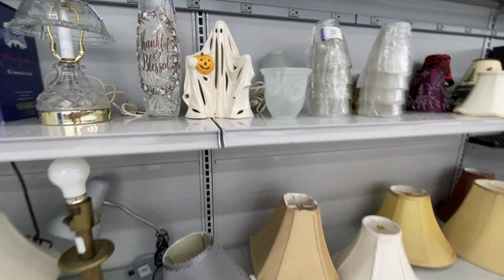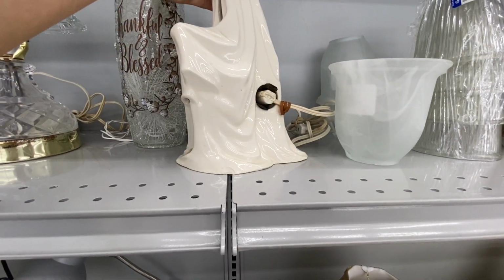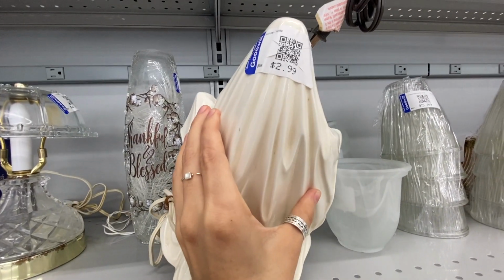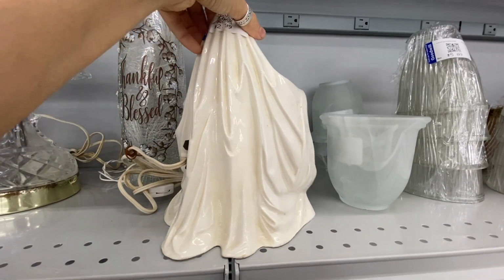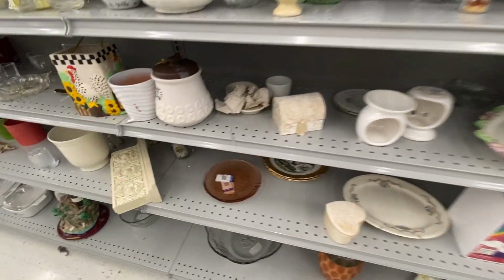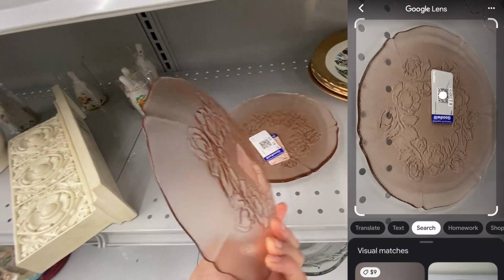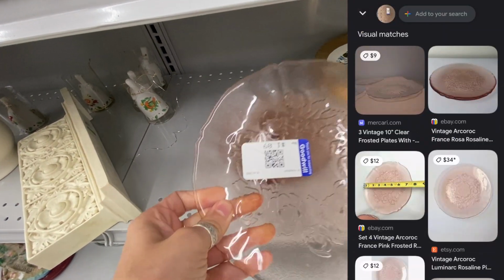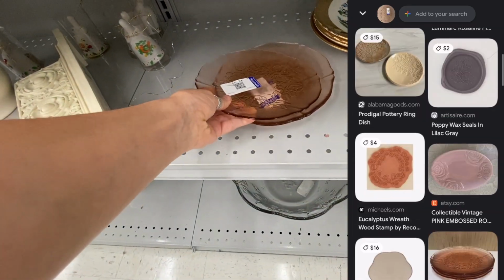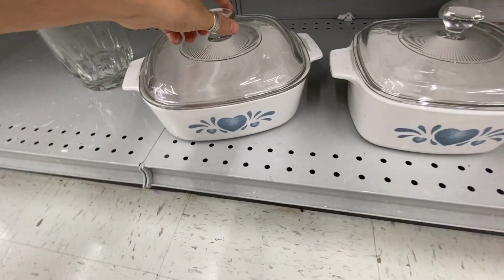Next up was the lamps, where I found this adorable little Halloween costume that I wanted to get so badly, you have no idea. And for $3, my god, but I had to be disciplined. I had to exercise discipline somewhere. So I moved on and passed and found these cute little pink glass plates that honestly sell for pretty good price. But I, for whatever reason, just wasn't feeling it, so I decided to pass